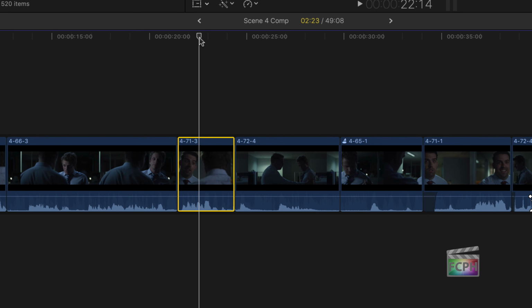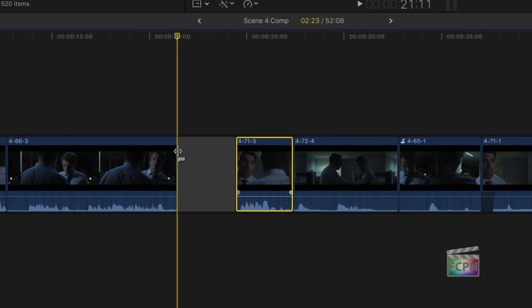I'm going to move the playhead so that it's positioned in between those two clips. Then I'll use the shortcut Option W to insert a gap clip. This gap clip is essentially just a spacer. It doesn't have anything in it, but it's a nice way to break up or place a gap in between